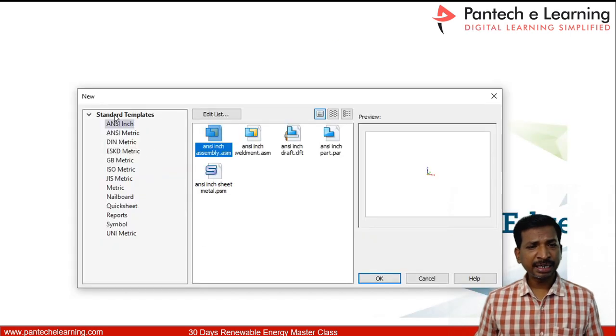Here there are some standards. The basic American standards and then ISO metric, isometric, many standards are there. So you can choose whatever you want. By default we will use isometric with the part. So this is the part, again draft work, part work, and then assembly part and component assembly part. So many options are there. You can choose whatever you want. Let's move to the